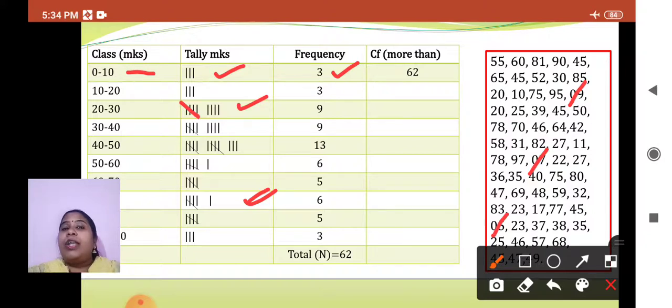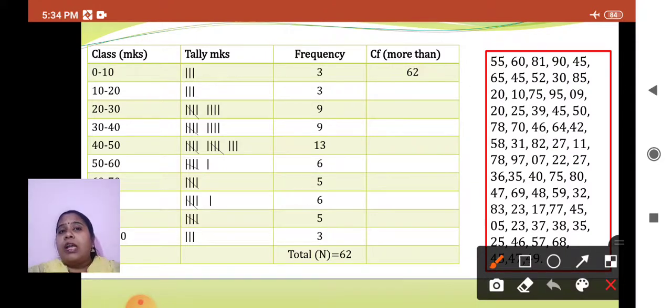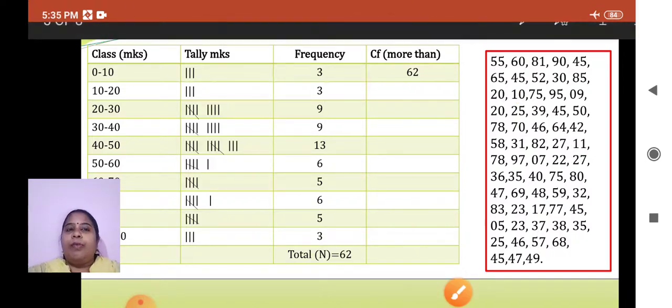Okay, let's search for 10 to 20 now. Again this class interval is continuous, so I will search for numbers from 10 till 19. So 10 will be included in this. Anything else? 11 will be included. Anything else? As you can see, 17 will be included. That's it. So again the frequency is 3 and tally marks are represented like this. Not wasting much time, I hope you have understood how we have prepared this table, that is tally marks and frequency, out of the given 62 numbers.